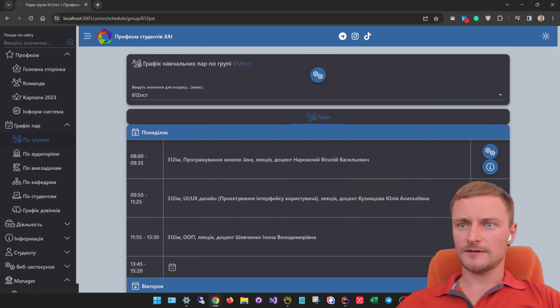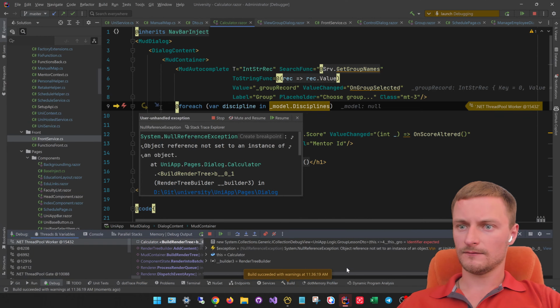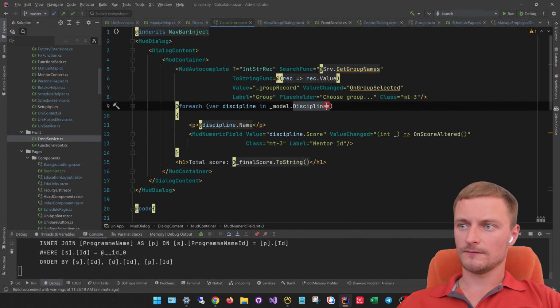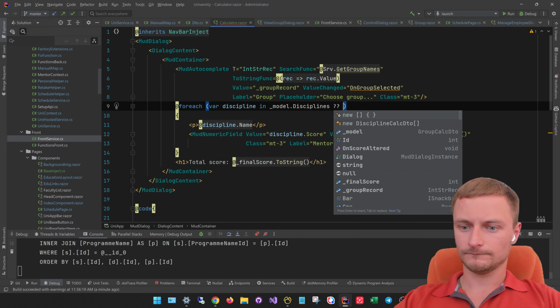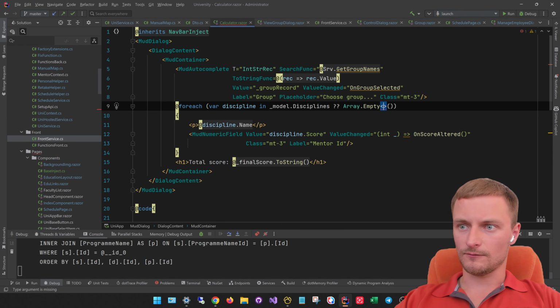For example, let's take any kind of group. Next, we have model disciplines. So this group can have no disciplines, and so let's empty off the